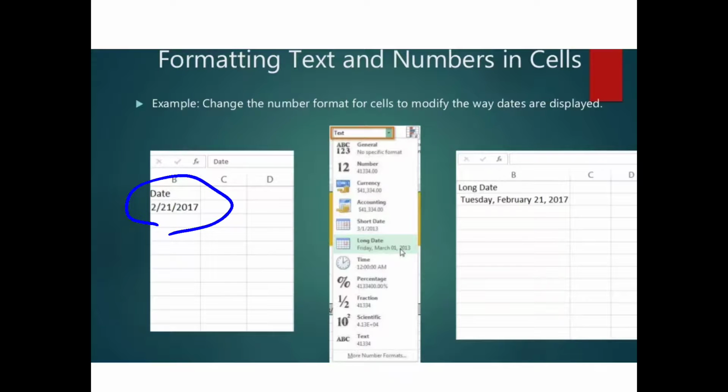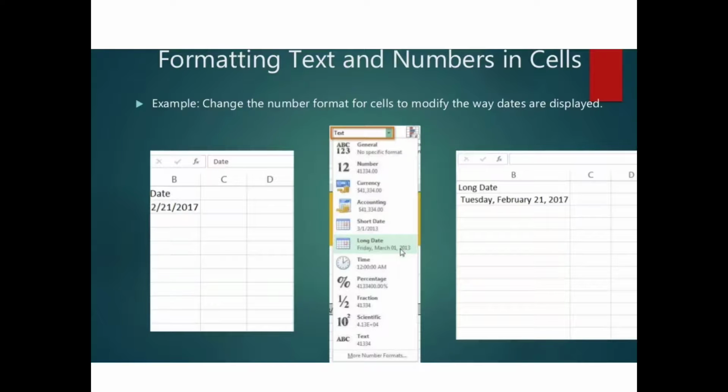In this cell, we have to see only the date. So that's why we have to change the format in that cell. To format the cell, click and format as a date.